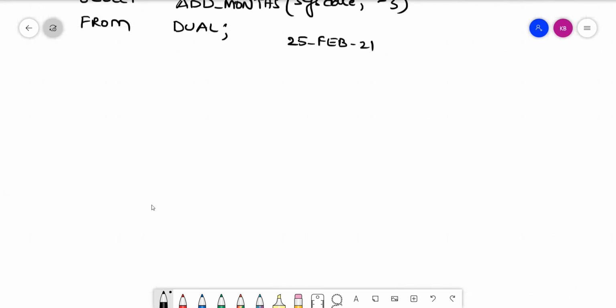The next function that we have is next_day. So what is the purpose of this next_day function? We usually say that we will have a review on the next Thursday, right? In such a situation, what would be the next Thursday? Do you know the date? We may or may not get the exact date. It is difficult for us to calculate 2 weeks after the present date. In such a situation, you can make use of this next_day.